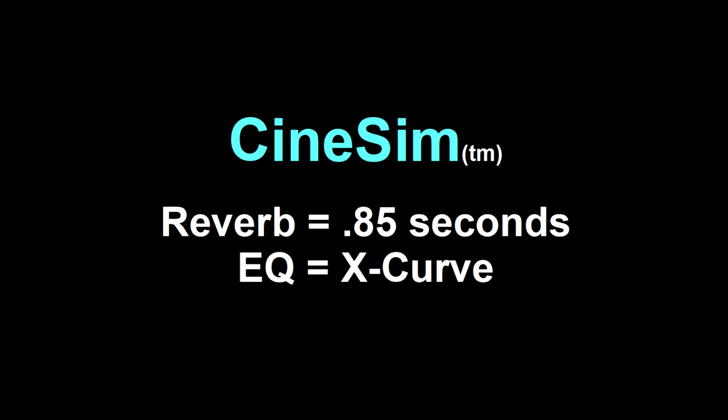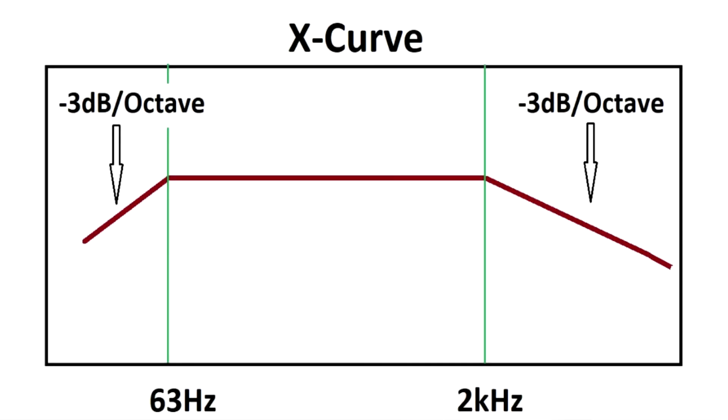you have a reverb that's 0.85 seconds. I have a good reference for why that is. It's just under a second. And because it goes through this equalization curve called the X curve, it is a warm reverb. Basically,